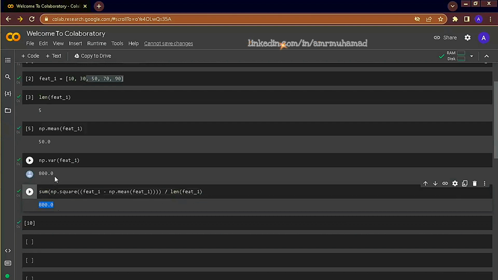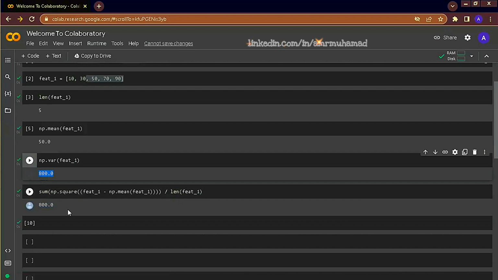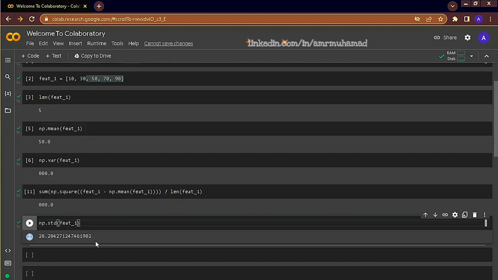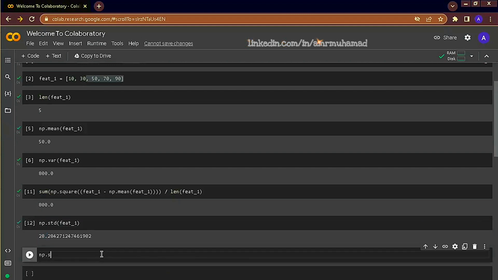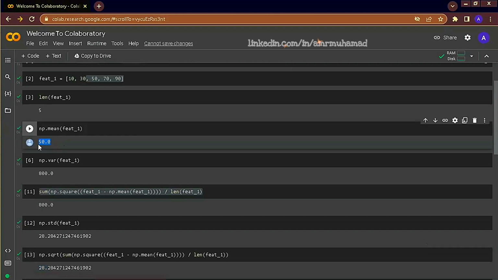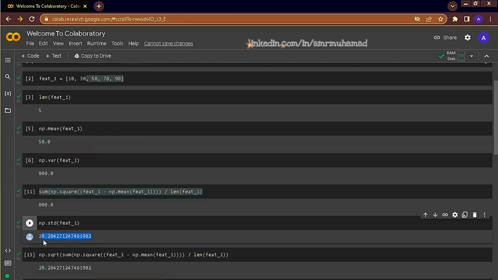Still, this number is not elaborative enough of how each value actually deviates from its expected value. To find another meaningful value that expresses such deviation in terms of the units of these items, we use the standard deviation. So if we use NumPy, it's almost 29, and it's basically the square root of variance. So if we want to give a single value description of feet1, we can say that its expected value or mean is 50 and the standard deviation is 29.